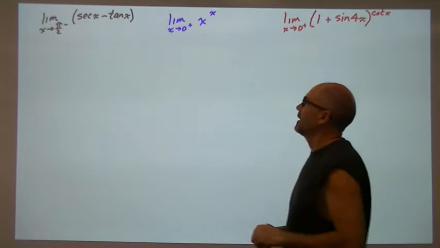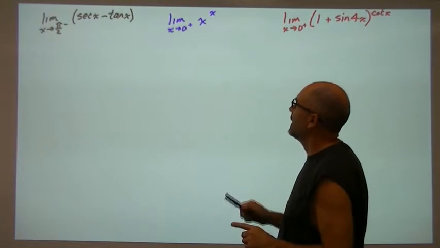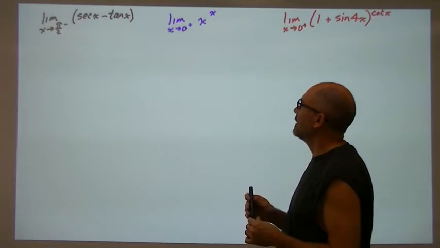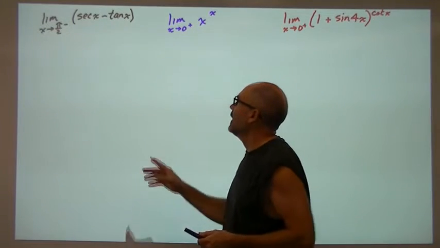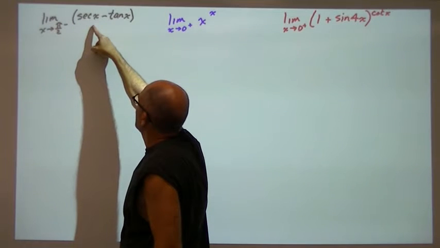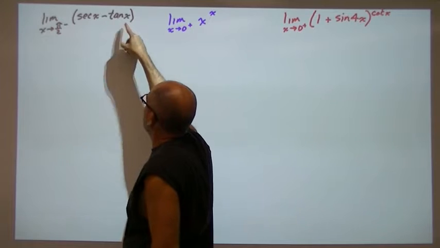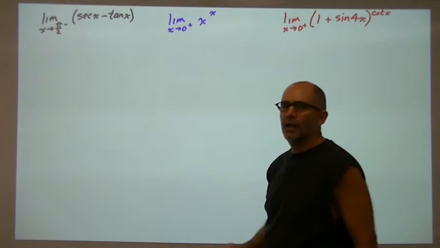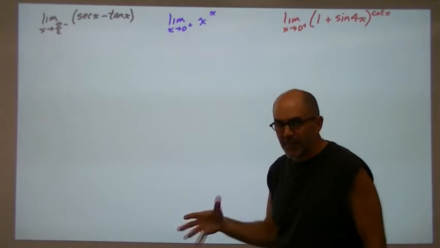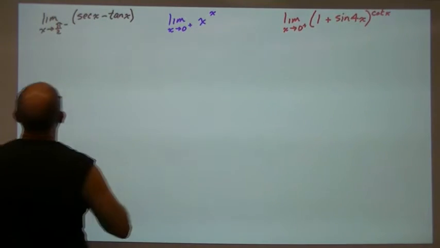Now we have the limit as x approaches pi over 2 from the left of secant x minus tangent x. Now, if we look at secant as 1 over cosine, then this is going to be infinity minus infinity. So that is an indeterminate form. Once again, we need to make a fraction out of it to use L'Hopital. So what I'm going to do is,